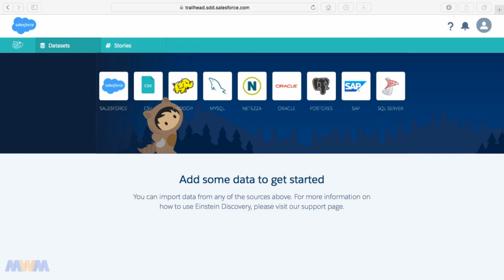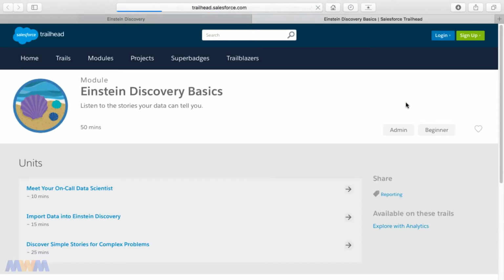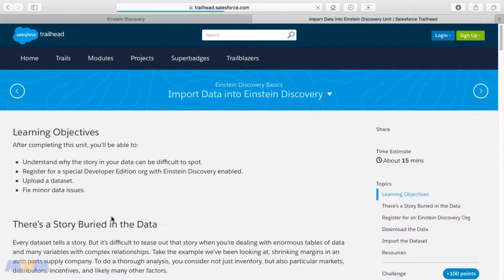Okay, so now we're finally ready to start importing data into Einstein Discovery. To remind you, we're going to go back to that Trailhead trail by clicking the question mark and then clicking on Einstein Discovery Basics. This is assuming you've signed up for your Trailhead account, you've logged in, and you've completed the first unit. Now clicking on the second link for importing data into Einstein Discovery,